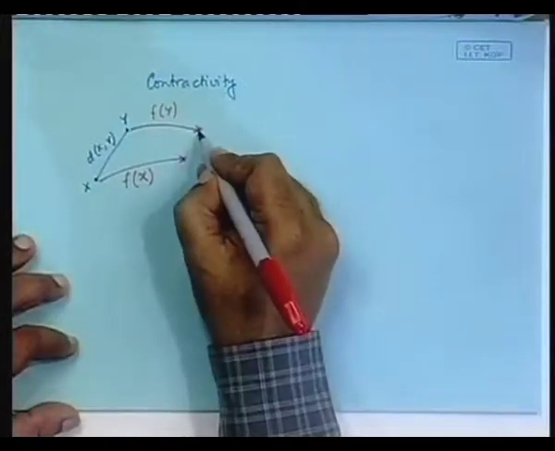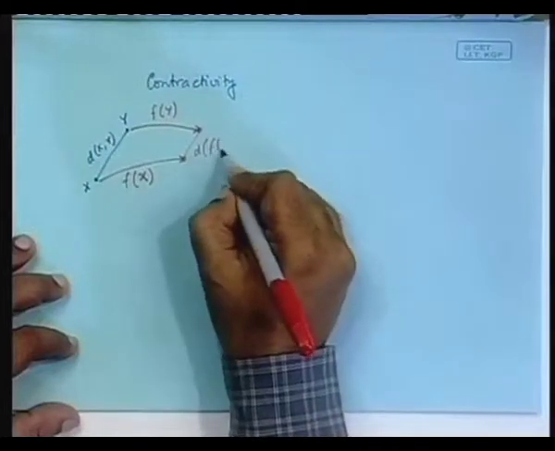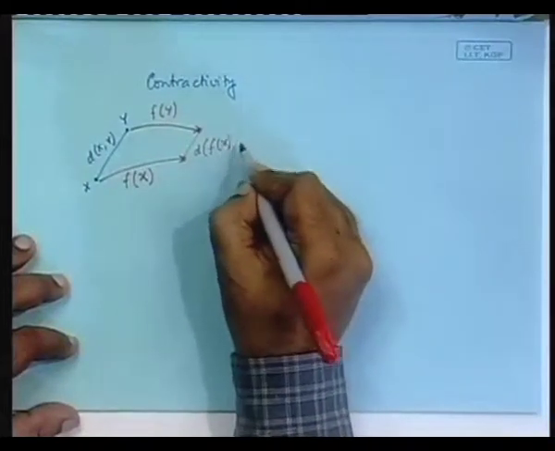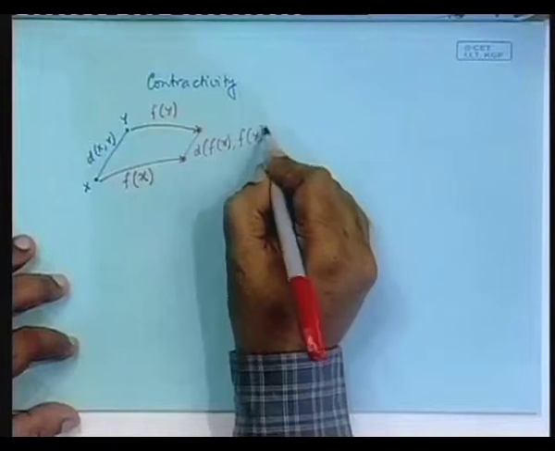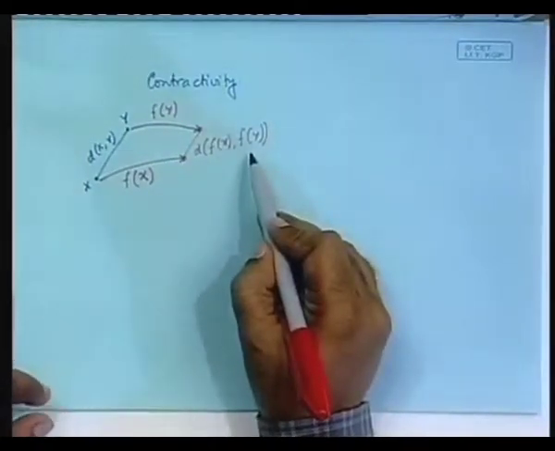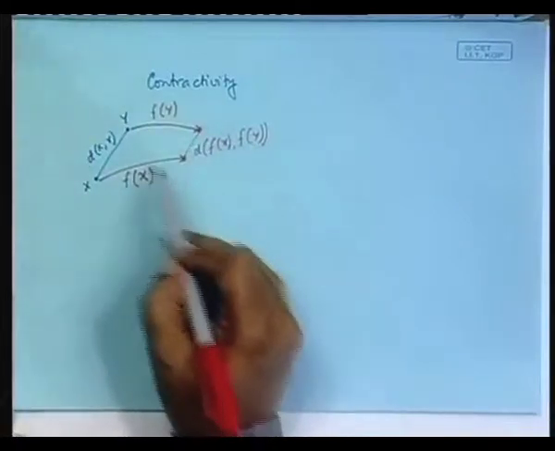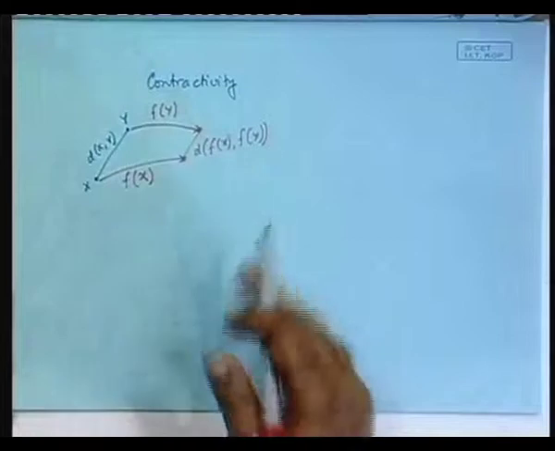Here also you will have a distance, d of f x, f y. Am I writing in sufficient size so that you can see? Now, if this distance is smaller than this distance, then the transformation will be said to be contractive,